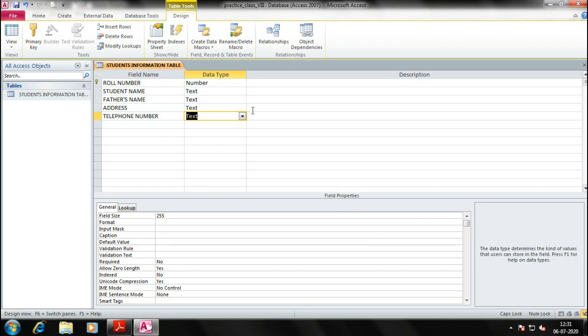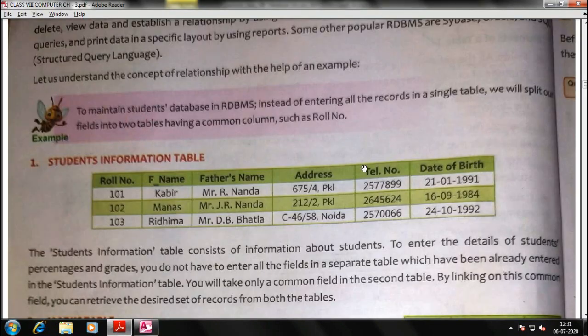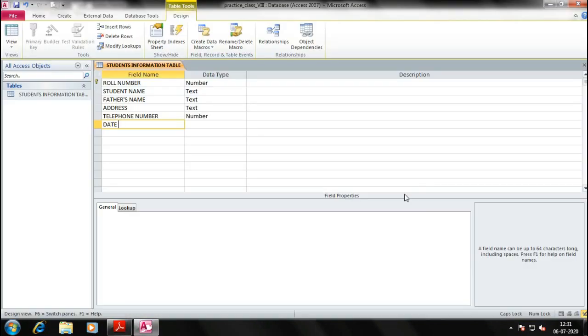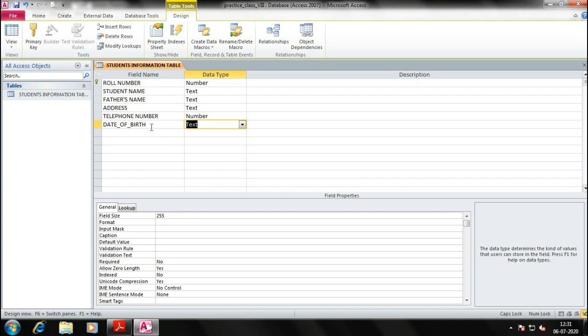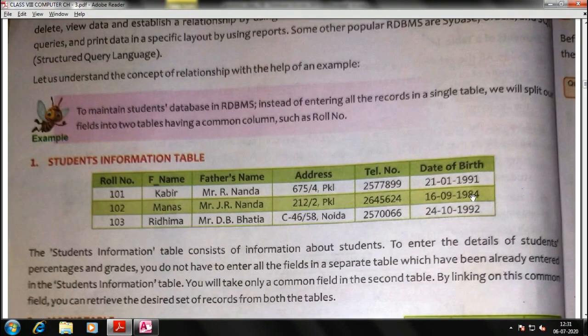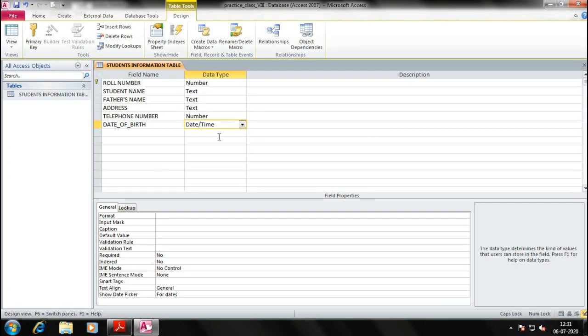Telephone will be in number form. Next is date of birth. It's very important. Either you write it like this, or you can give a space. For date of birth we have a separate data type, that is date and time, because it will show the calendar there to select the appropriate birth date. Clear? So this we have done.